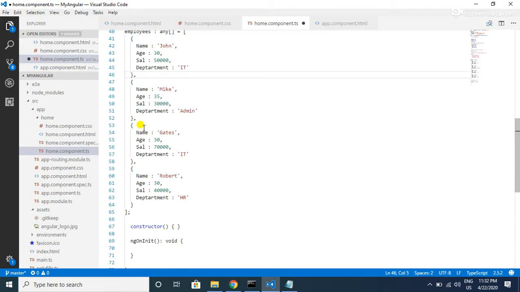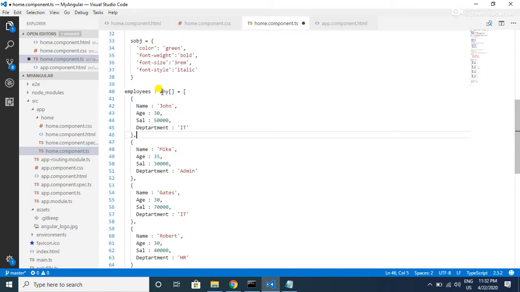I have 4 such employees, and if you see the keyword any here, any is a keyword in TypeScript that allows us to create any type of object. You can create a string, a number, or a JSON object. So that is the reason why we are using any over here.